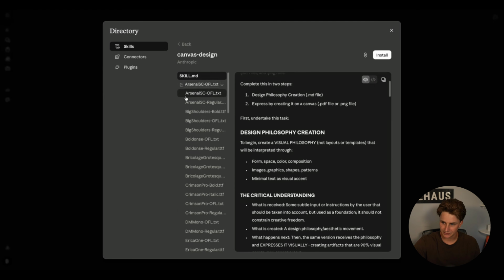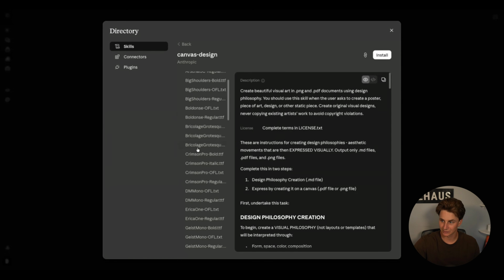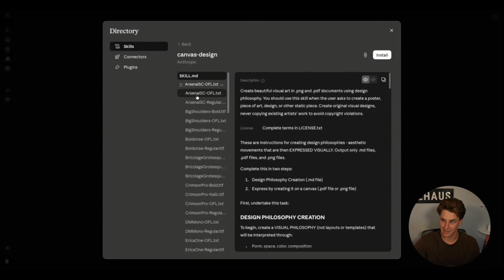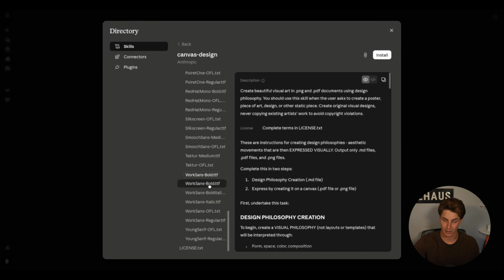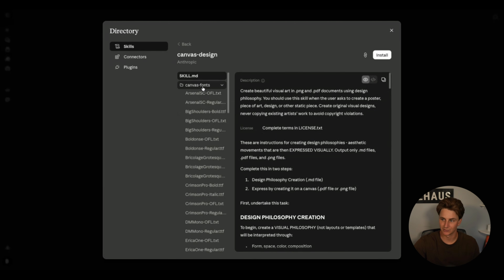Over here on the left, and this is a good example of additional different types of resources you can add. This is a Canvas design skill, so it creates visual art in these formats. Over here, you can see here's a bunch of external resources. It's a bunch of different fonts and other resources of those types that this skill can reference and use when completing this skill. So this isn't within those folders that I originally mentioned, but here's an idea of another resource